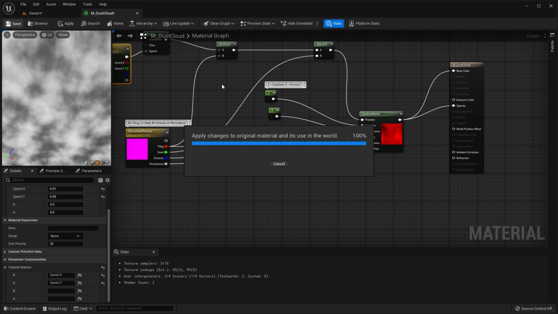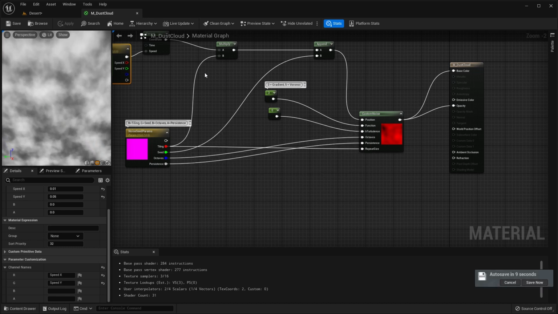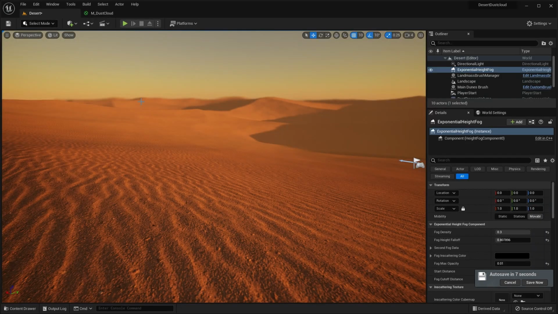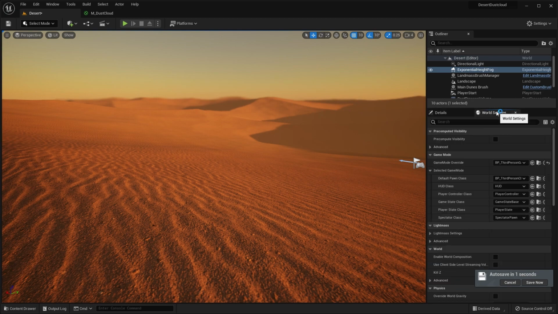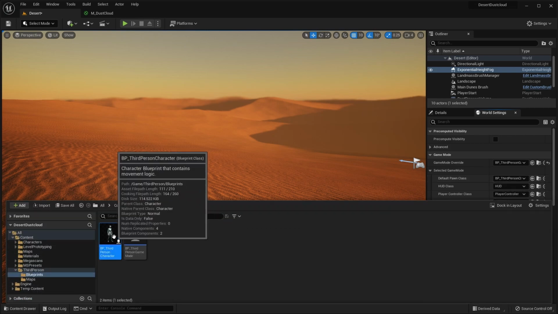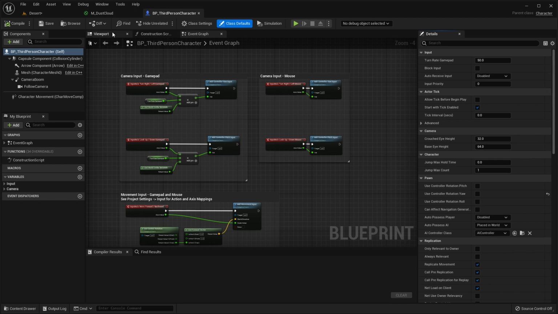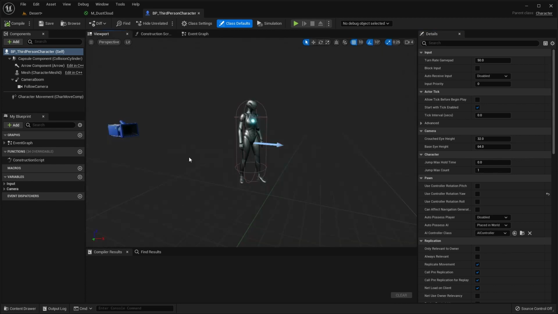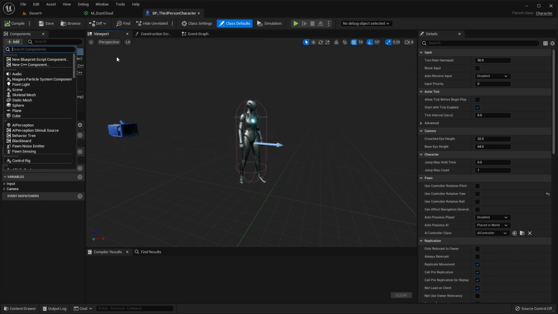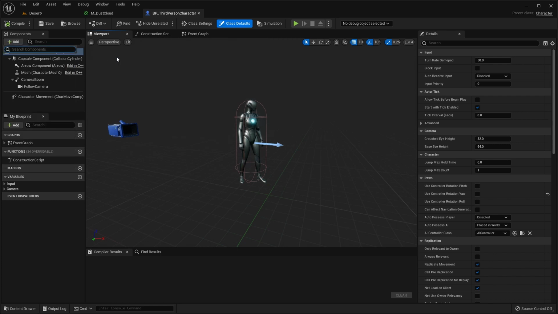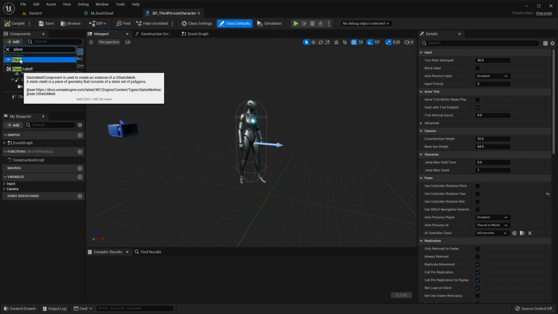It might take a few seconds, and once it's saved, go back to your project, and in your world settings find your third person character, browse for them and open them up. Go to the viewport, and we're going to add an image plane in here with our cloud material to simulate the dust clouds. So add a component. It's a plane, I should say. So you want a plane,